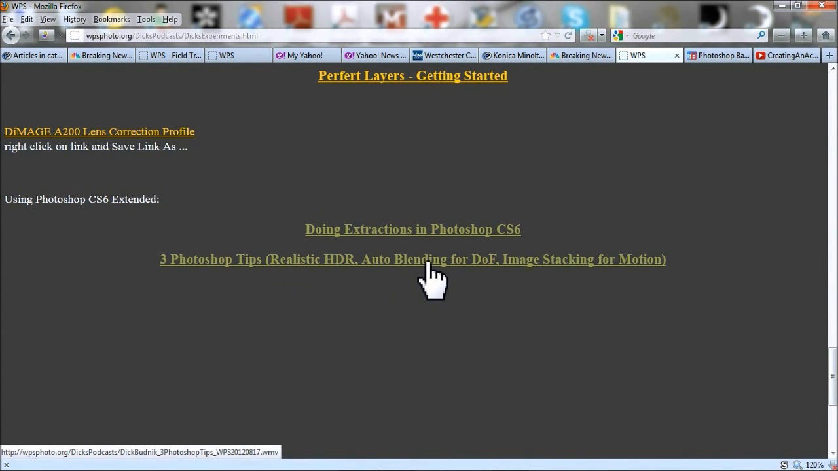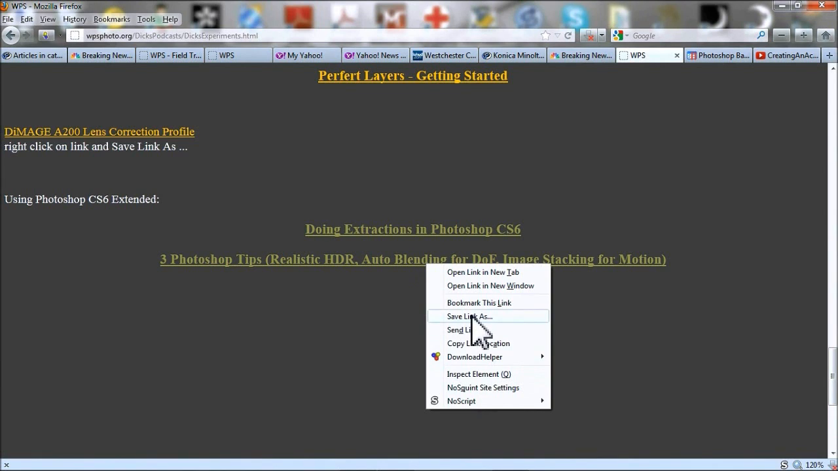If I click on this, it doesn't start playing in streaming video. It downloads the whole file to your computer. And this one's almost 500 megabytes long, so it takes like 20 minutes to download. If you just click on it once, it downloads it, plays it, but doesn't save it. If you right-click and say, Save Link As, then it downloads it to your computer and saves it so you